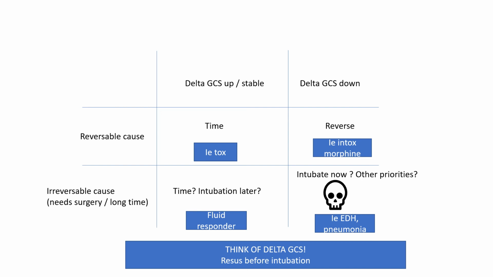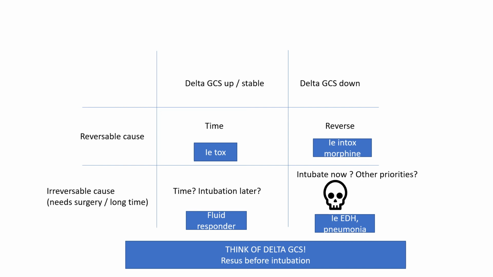All right. Because as I reminded you, you don't want that PCO2 to go too high, because that would give you a pH problem, which would put you into the evil spiral of pH and hypoxia. Okay. If you have the delta GCS going up and you have an irreversible cause, then usually you can give it a bit of time. You can try to resuscitate a bit more and then intubate later if you need to. But they will need some kind of intubation now or later. But usually you can improve the patient before you have to intubate them.